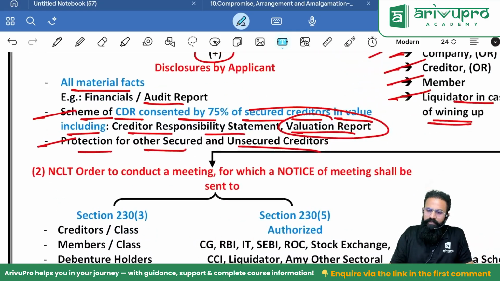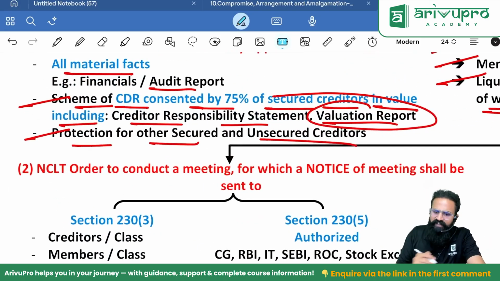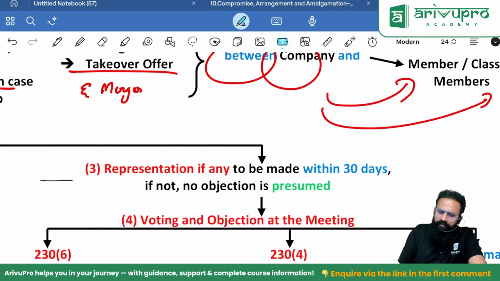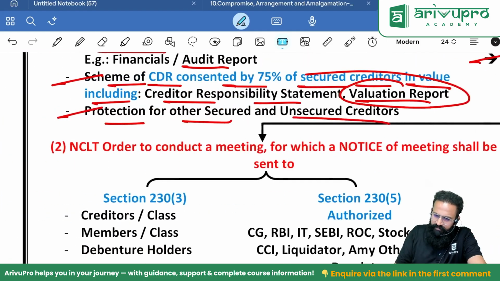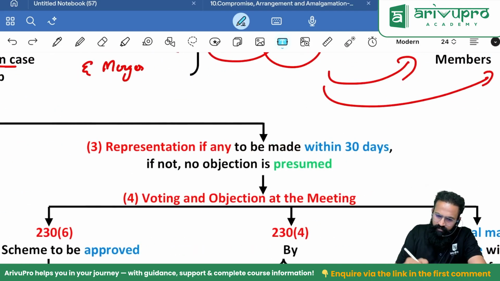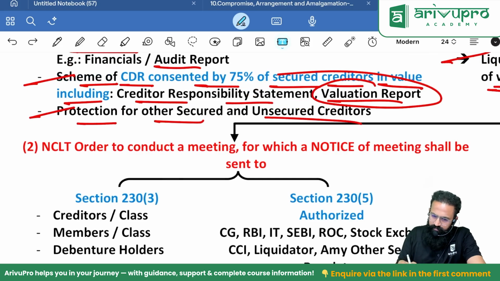Okay, now see here. We have filed an application. What will NCLT do? See here. The tribunal will order to conduct a meeting for which